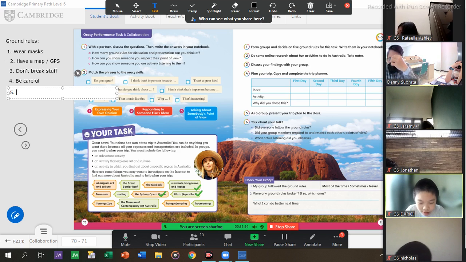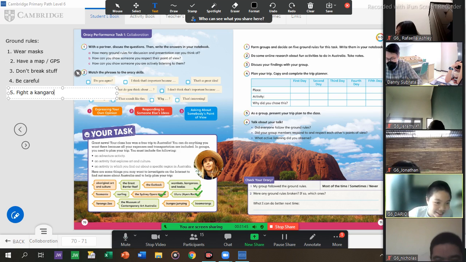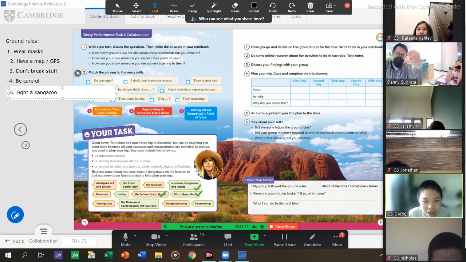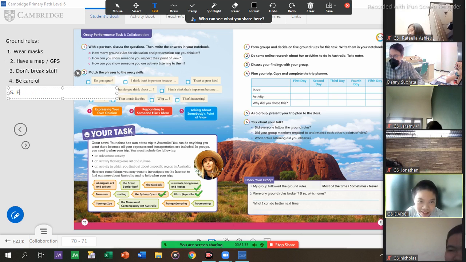Fight the kangaroo. This is what Enzo said. Fight a kangaroo. That's very fun. Seriously. Yes. Don't carry nuclear bombs. Eat kangaroo.